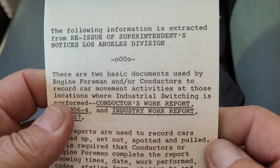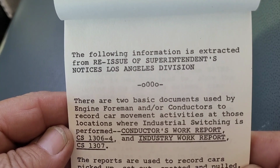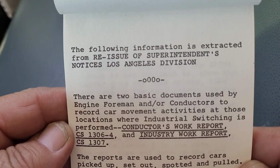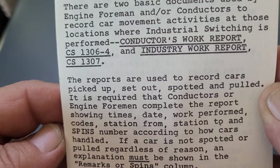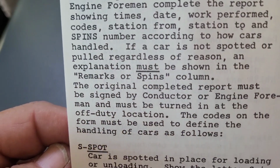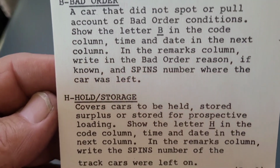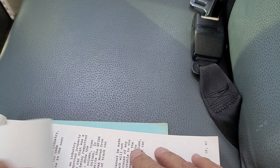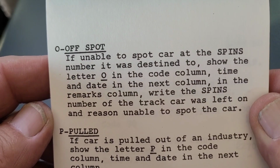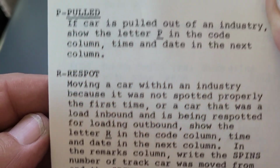These are some of the notes that are included in this one, because this is extracted from the reissue of Superintendent's Notice for Los Angeles Division. And it talks about the documents for the conductor and for everybody else to follow and complete what a spot is, what a bad order is, hold for storage, off spot, pulled, brief spot,